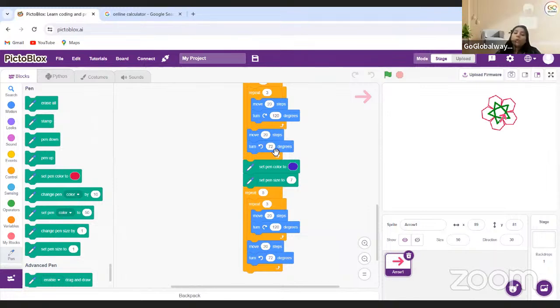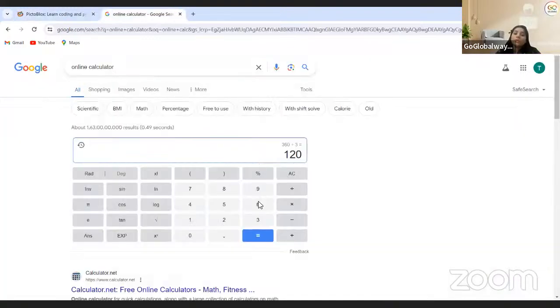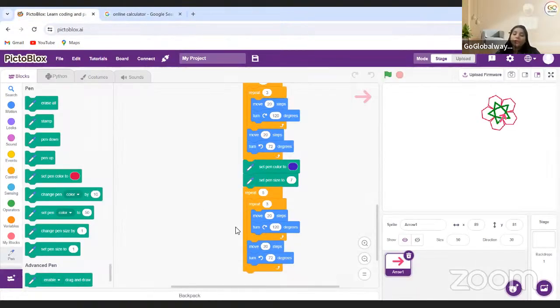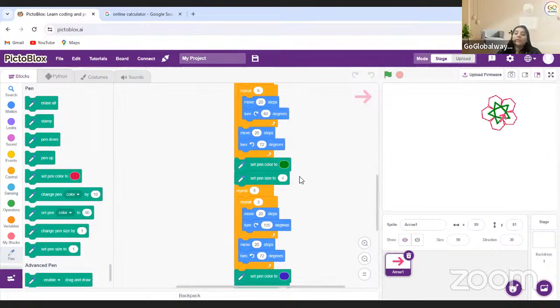Okay, so for the octagon, what you need to do, you will write 360 divided by 8. You got the answer, that's 45. So here you will write 45. Here you will write 8, because 8 times. Here it will be 5, because I'm making this in the same arrangement. Degrees and move steps remain the same. Nothing will change. Now, if I run this code,